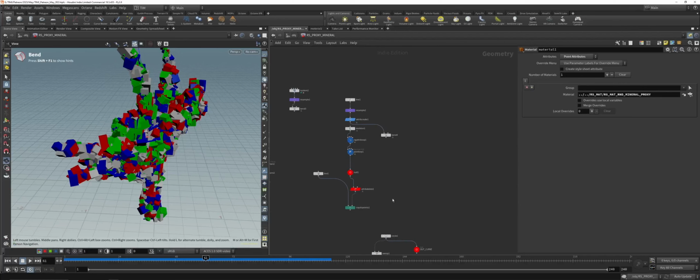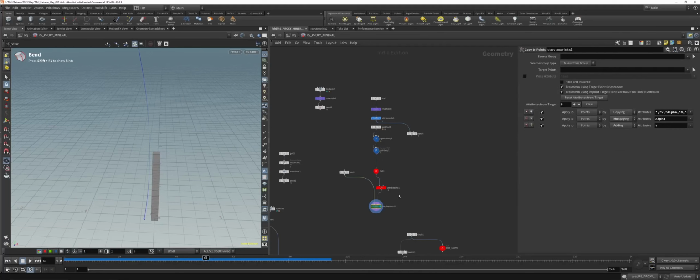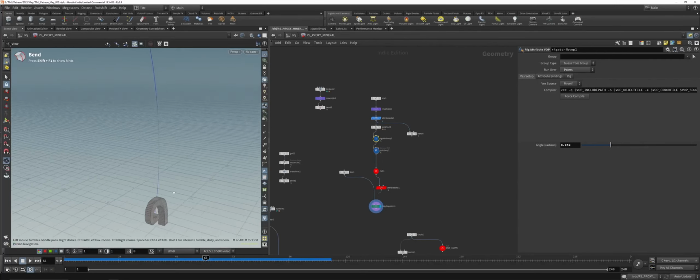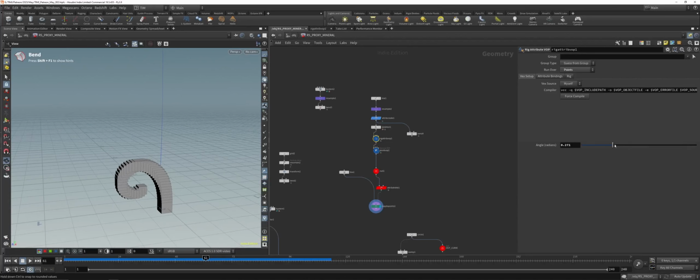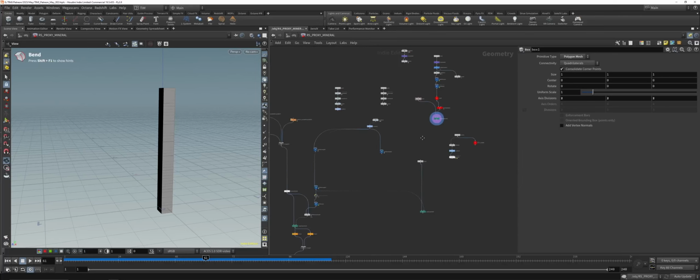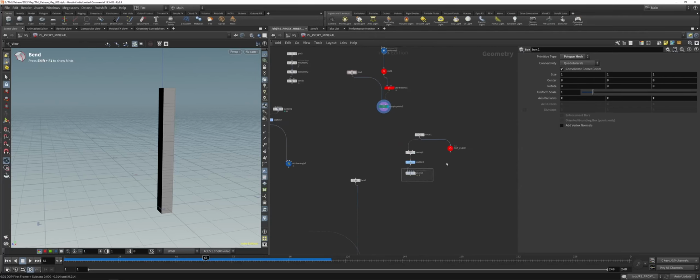I think that was a really quick test with an attribute rig, I think. To do something like that, but you can do it. You can also do it with a band. Another thing that I did, where is it? What you could do